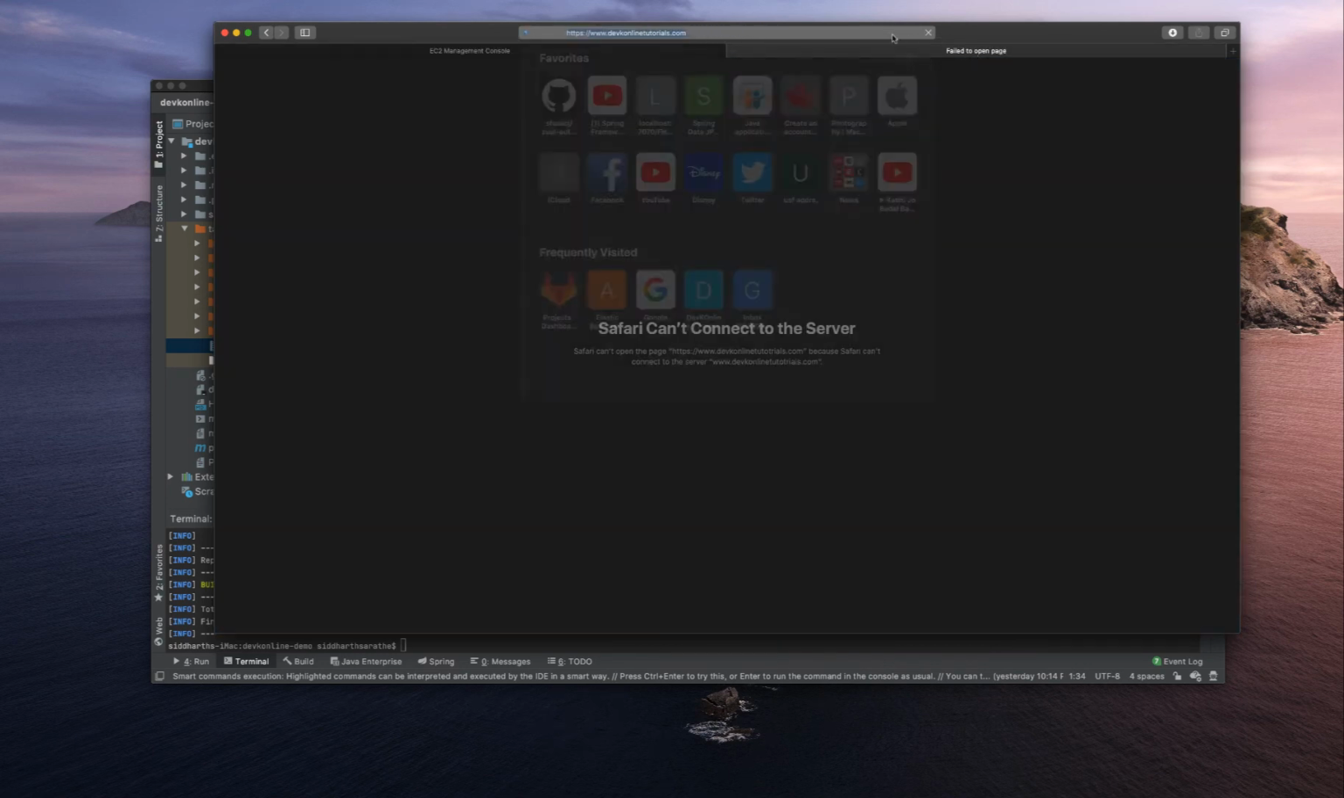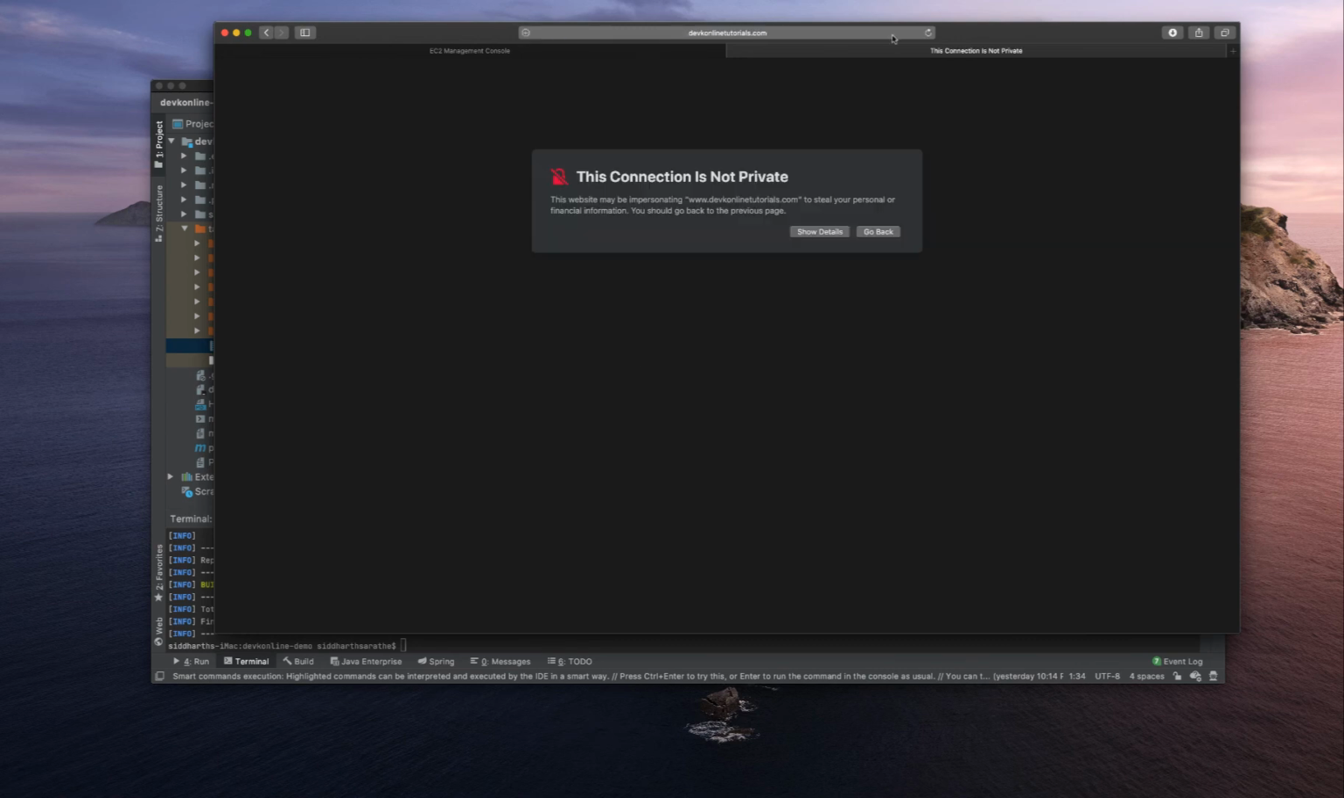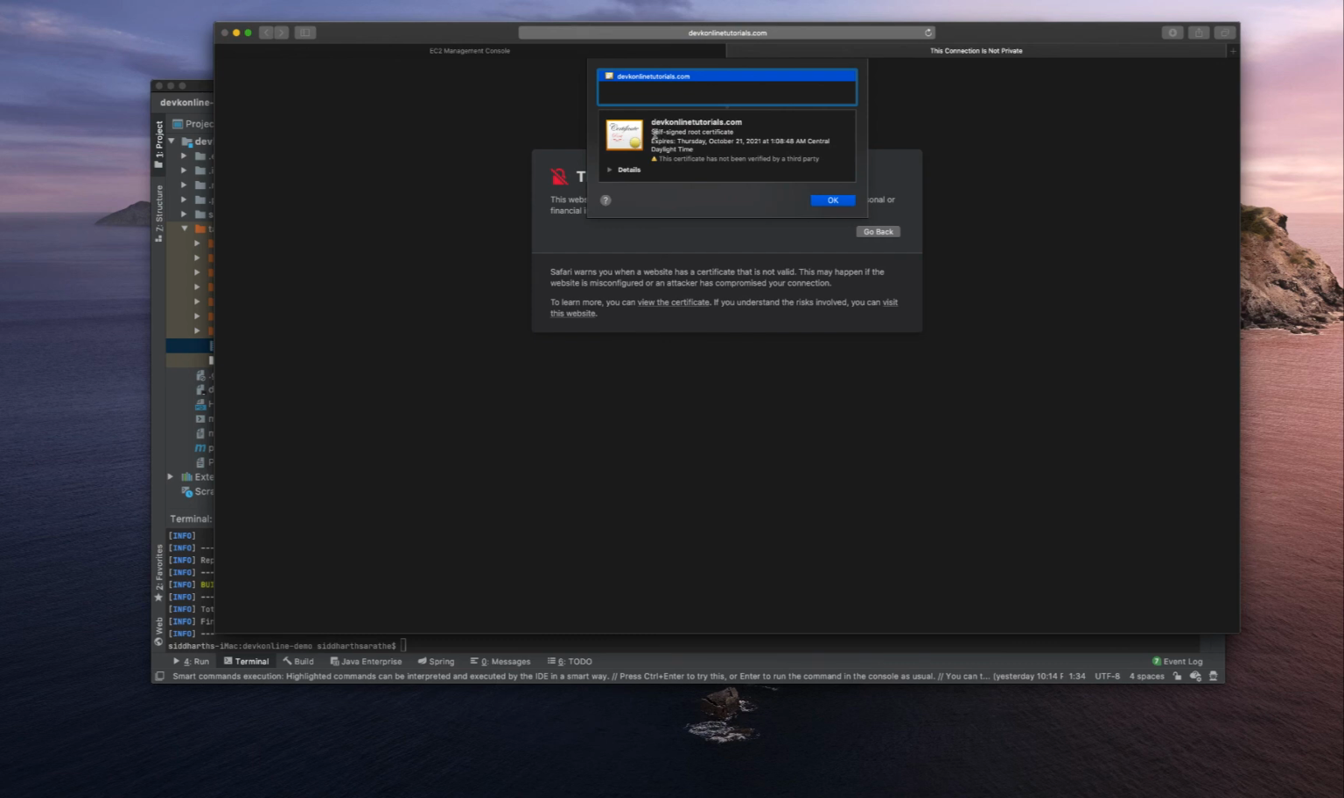So let's go here again and reload the page, and you can see the connection is not private, and the reason is we are using a self-signed certificate. If you click view certificate, you can see the self-signed certificate and all the details, and this certificate has not been verified by a third party. So in the real world we need to use a third party CA to sign our certificate. So in the next video I will show you how we can use Let's Encrypt to sign the certificate. But for now